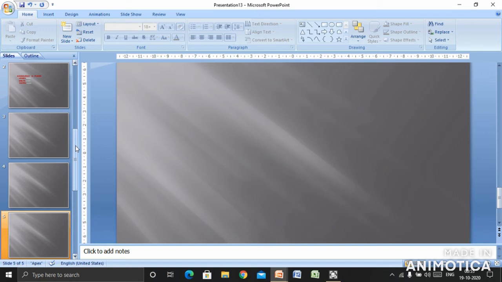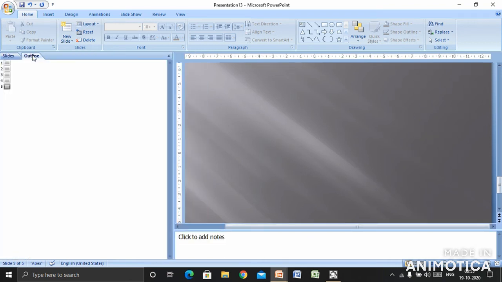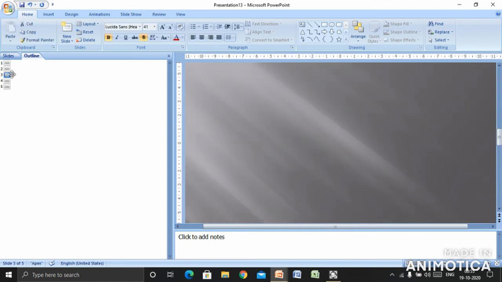Okay, now the outline tab is always visible in the normal view only. Okay, so in the normal view, you can see this is our normal view. In the normal view, suppose I want to work in the outline tab, click on the outline tab. Now suppose if I want to go to any slide, click next to it. Okay, now suppose if I want to write anything on the outline tab, so I'm writing here